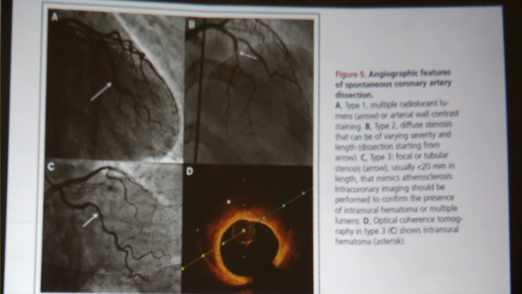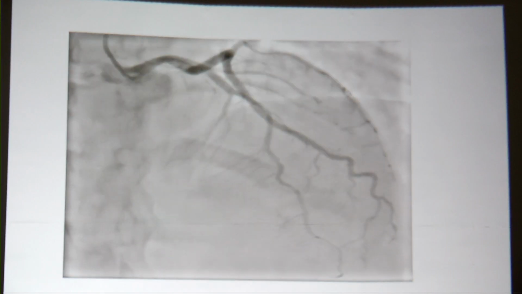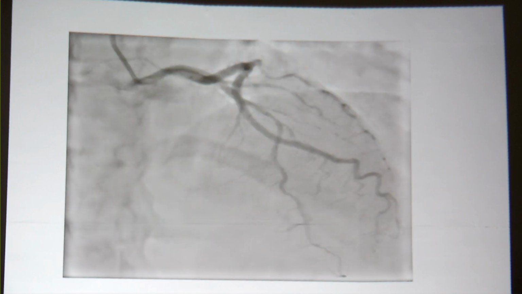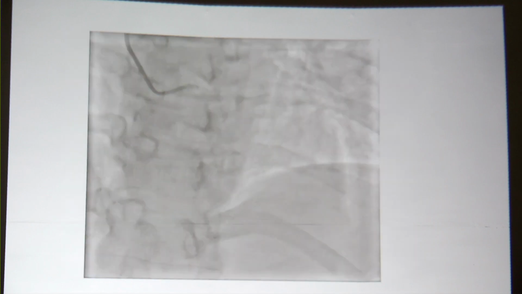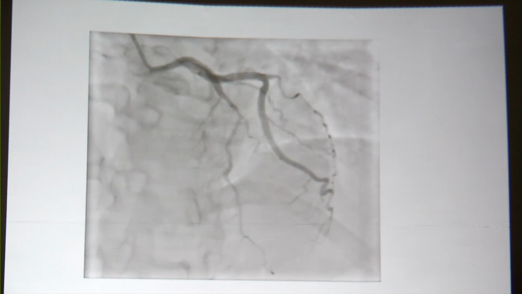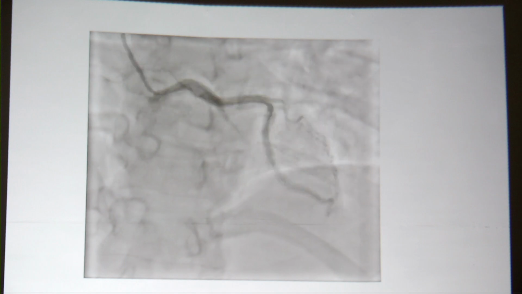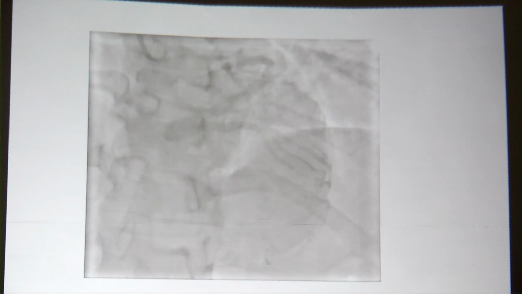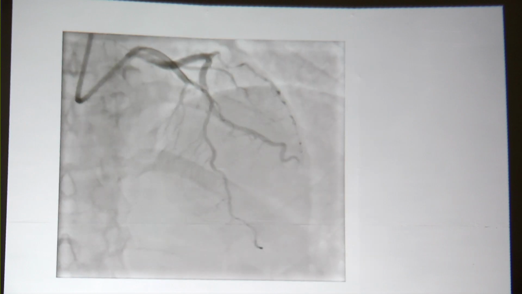And what you should be cautious about is, look at this angiogram. This is a lady who is 42 to 45 years old, with ACS, and there is a diffuse narrowing in the LAD here. And in such patients, what you do is look at the OCT. So this is another view that we are seeing here. Should we go and stent this, put a cutting balloon or scoring balloon, and then dilate it and put a stent? What should we do for such cases? We first do an imaging. And once you do this imaging,